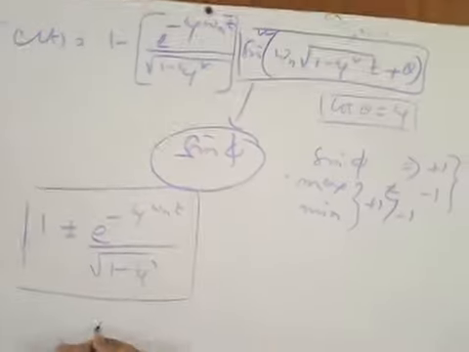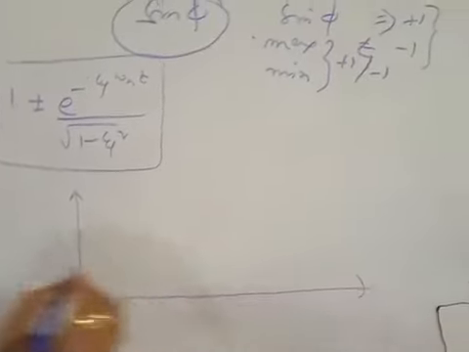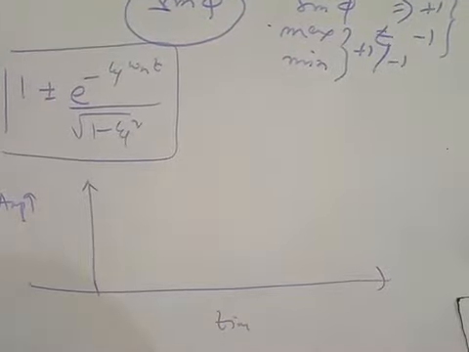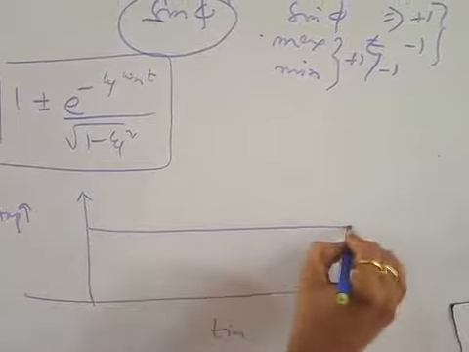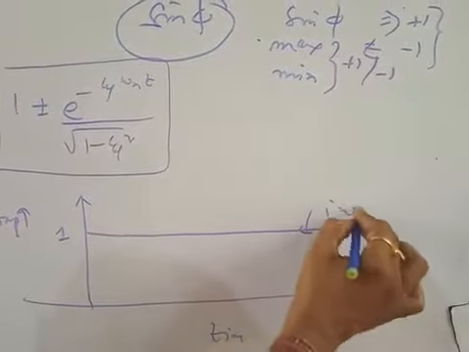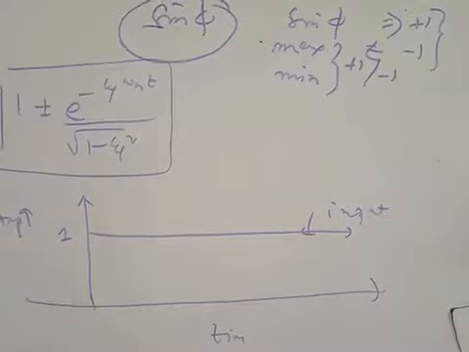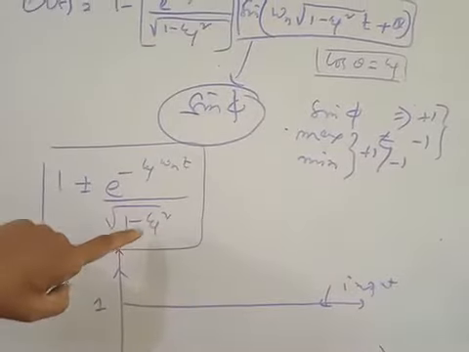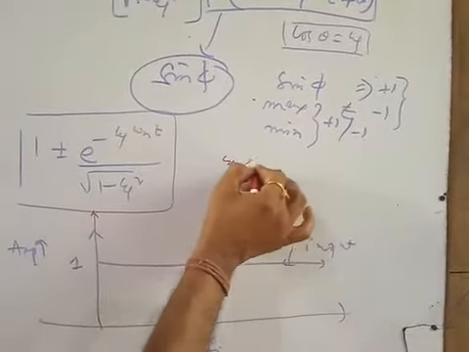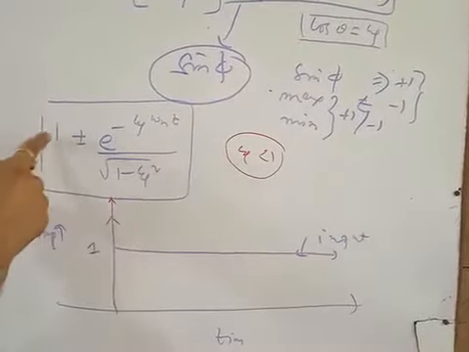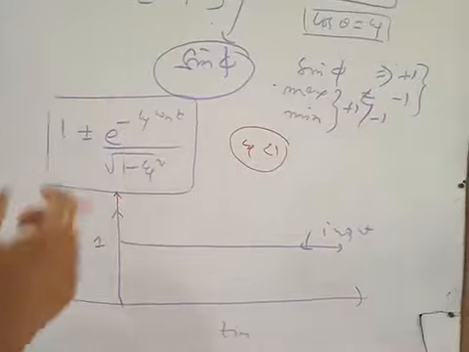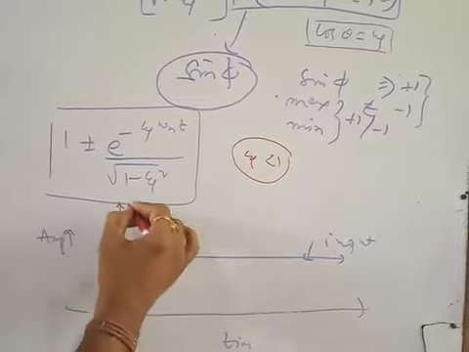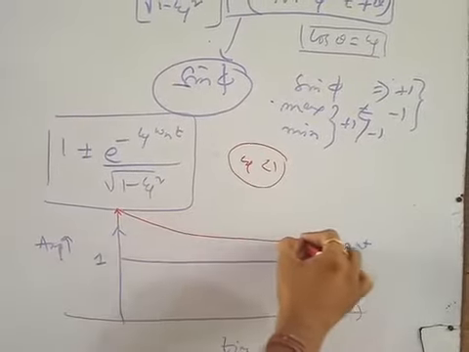So how will this curve look? This is your amplitude axis, this is your time axis, and you see this is your step signal, this is your input. Now the output is c(t). Depending upon the value of xi of the system we are considering, in all cases xi is less than 1, no problem, and we have 1 plus e to the power minus this term. This e to the power minus this term is added with 1, that is 1 plus of this. The envelope is like this.